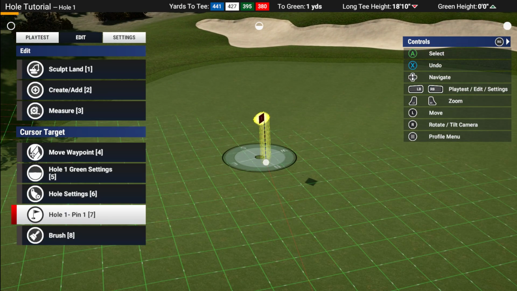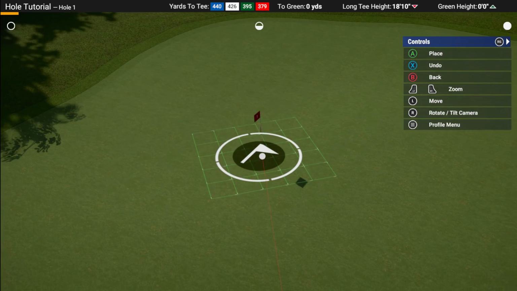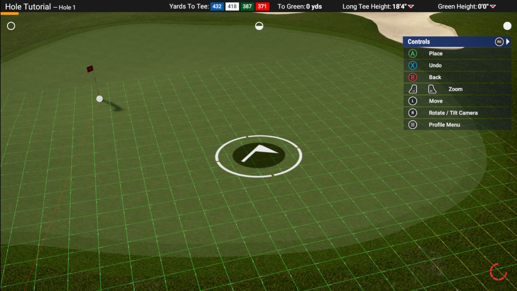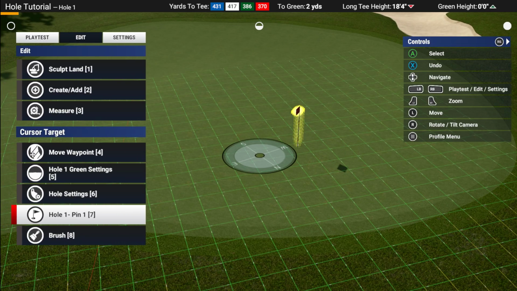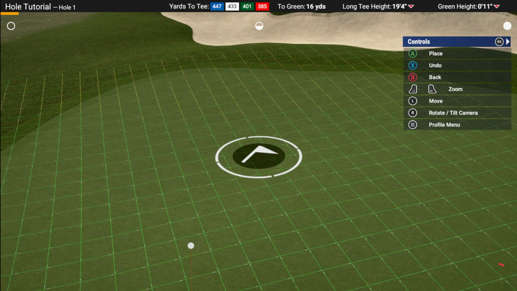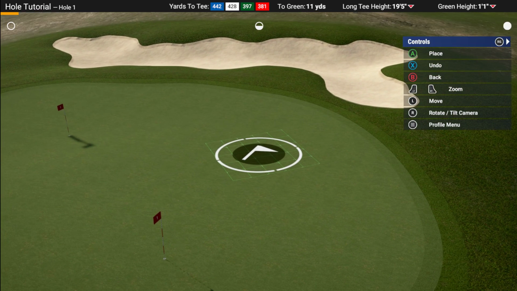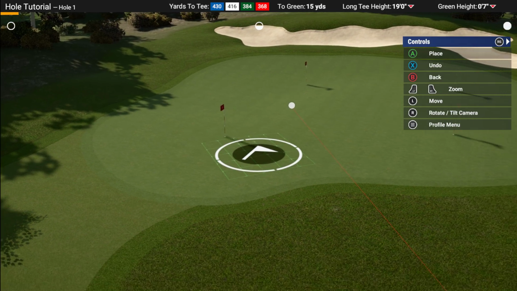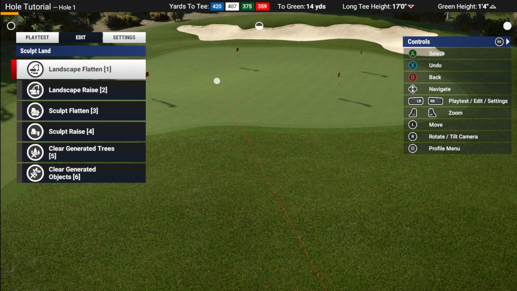Let's look at our greens. So maybe this first pin, I'll put there. Let's add another pin position, putting one there, and 4 can go there. And then just adding